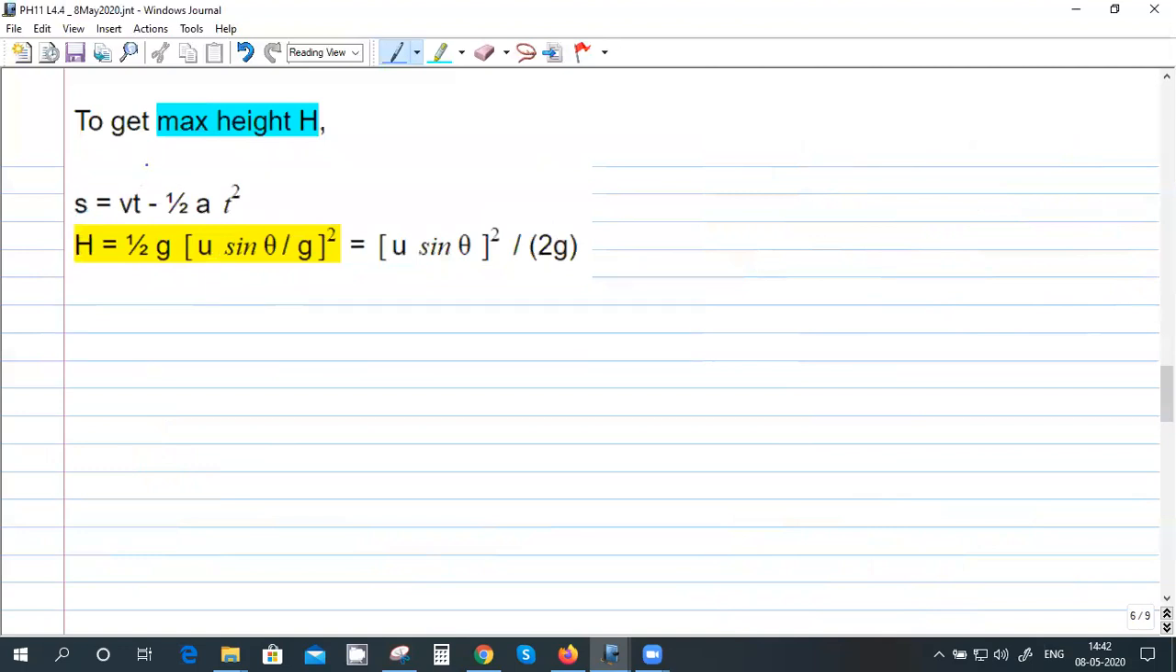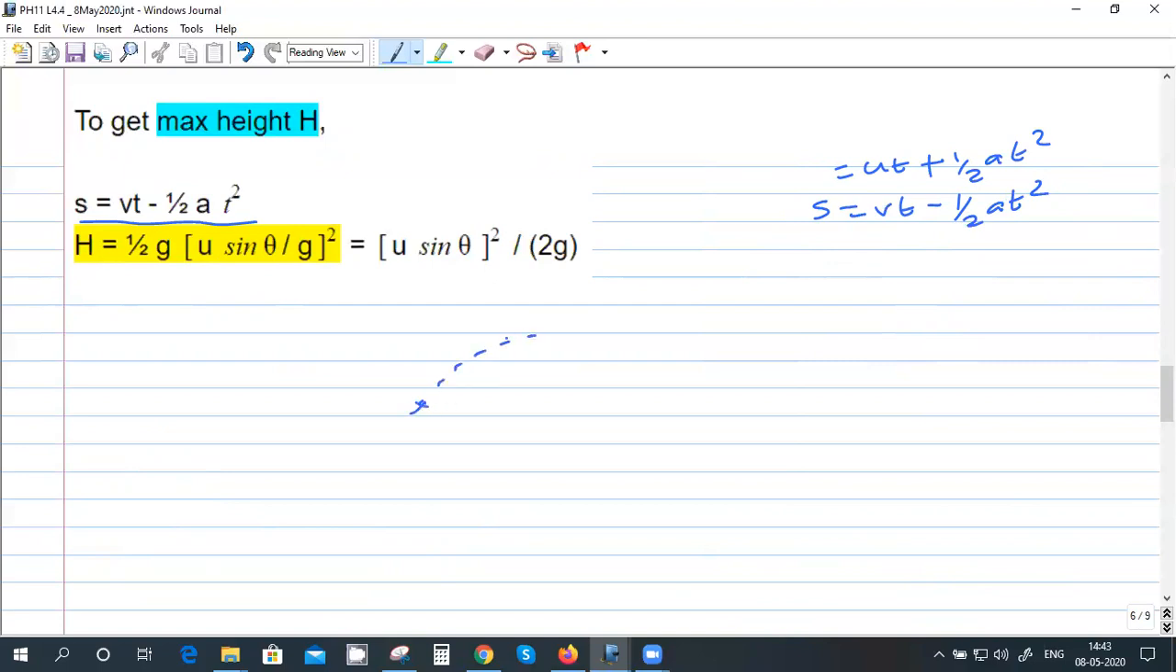To get the maximum height, you can take this equation. Actually, the three equations are there, right? You can add one more equation: s = vt minus half at square. You also have s = ut + half at square. You can have this as the fourth equation. In this one, if you put s as h,